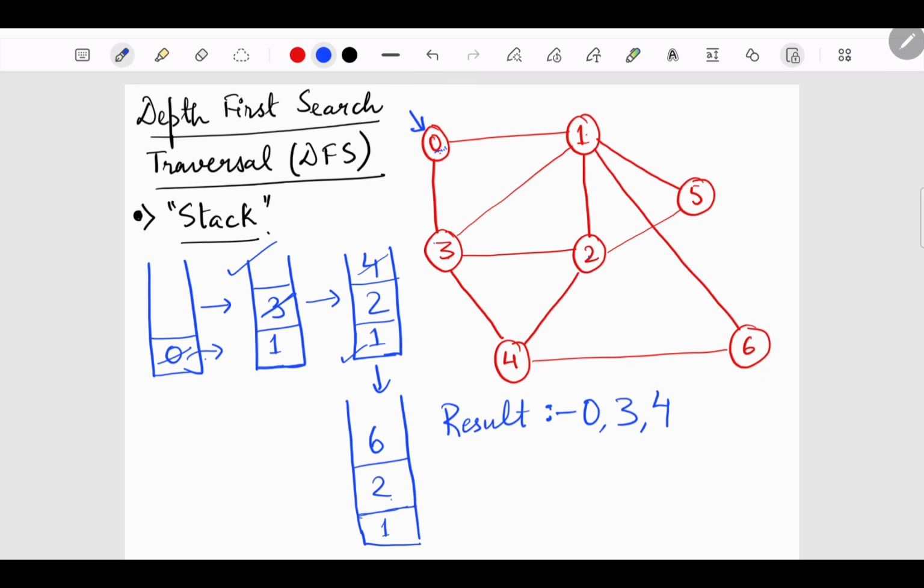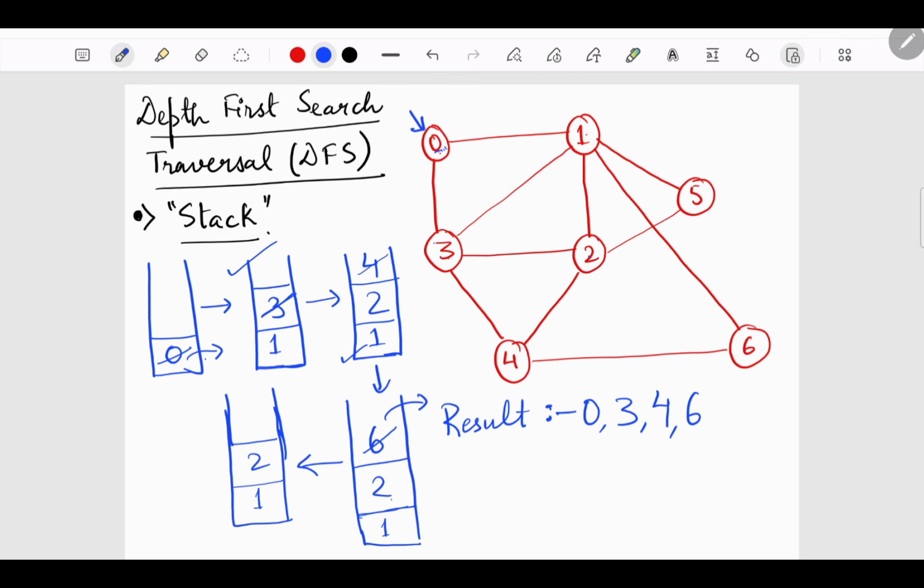Now as soon as we perform a pop, this element gets popped out from the stack and goes into the result part, and if I draw the stack here, after this pop my stack would have become like this, correct? And as soon as I pop 6, I am going to insert the elements which are directly connected to 6. So which are the elements? Which are the nodes?